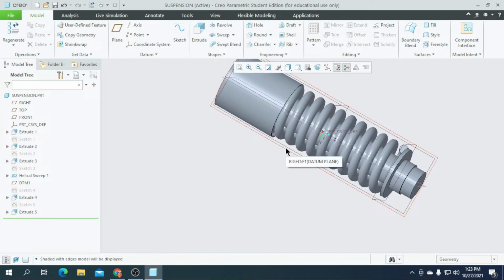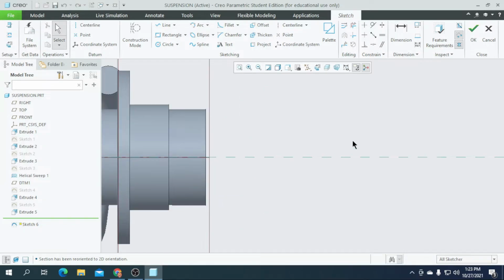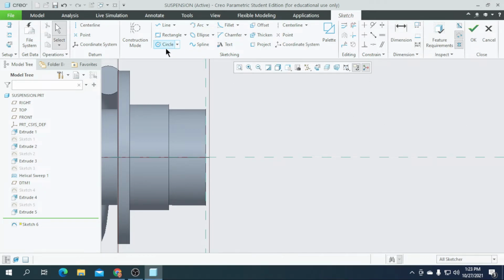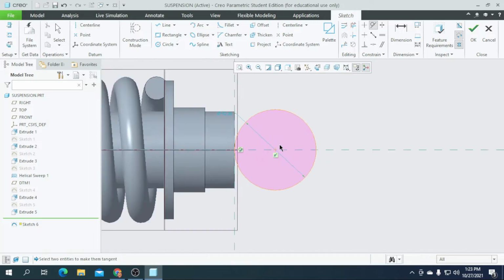So let's create our final part. Click on this right plane and sketch and go for the sketch view. So here I am going to create a reference line for this edge, and I am going to draw a circle, and I am going to make this reference and this circle end as a tangent.